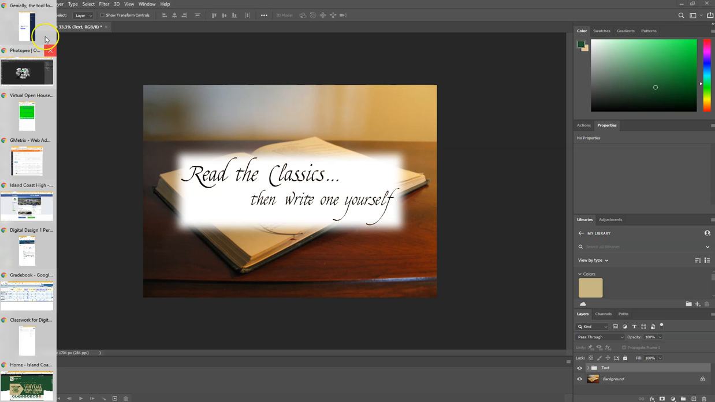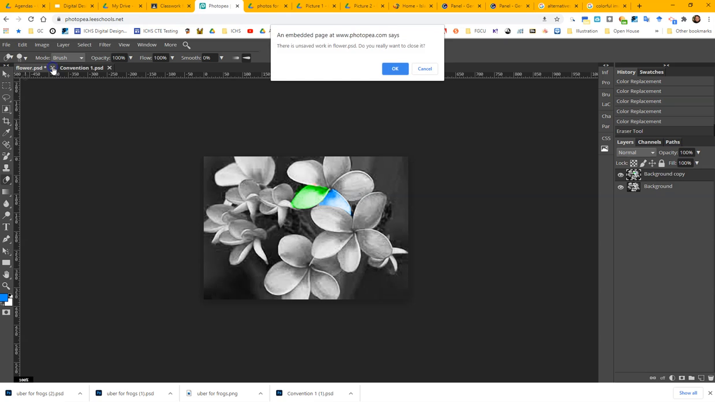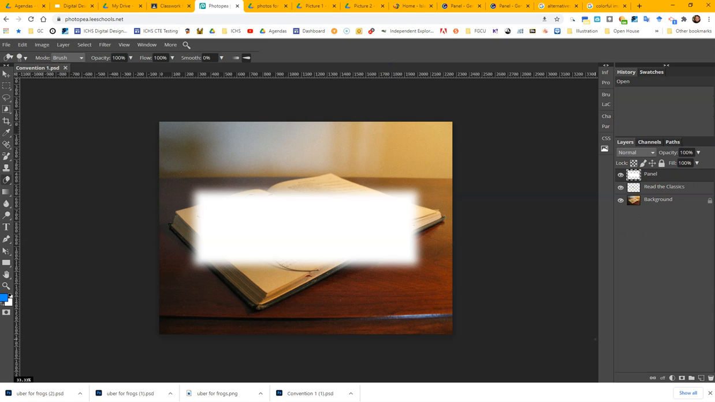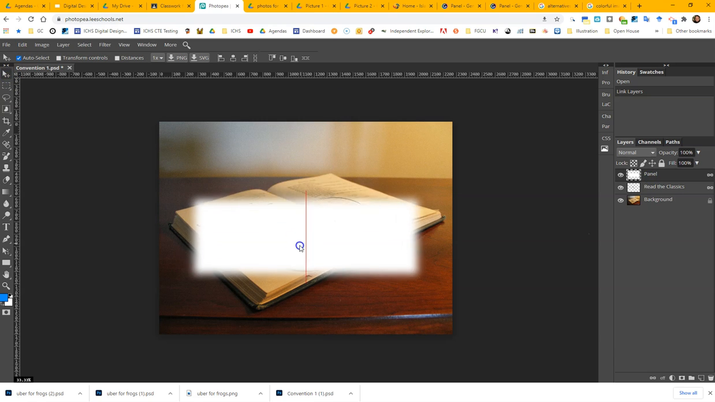In Photopea, the same things are here. The icons are pretty similar for group and the link here. So if I go back into here and click on panel and Read the Classics and click the link, and then I go into Read the Classics and panel, either one of them, and use this move tool, it moves them both. If I create a group and drag panel in there,